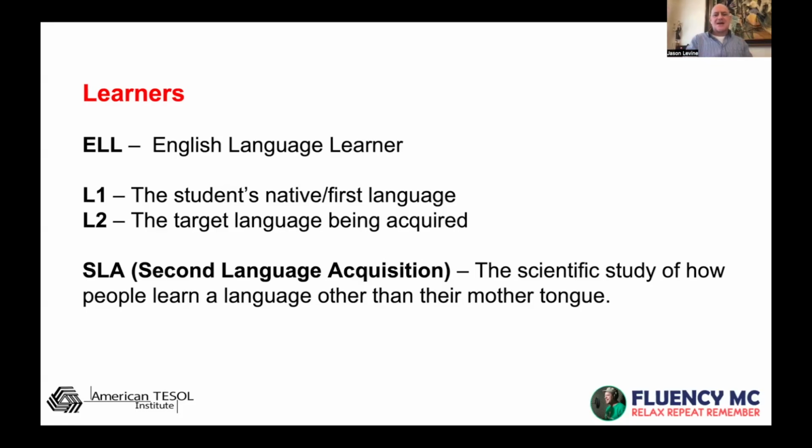Like, it all goes back to that, and it's fascinating, at least for me. I mean, that's how I got hooked. Thinking about how we learn a second language compared to how we learn a first, and it's really, really interesting to see the things that are similar and the things that are different. And if you're interested in that, you will always, I think, be interested in being an English language teacher.